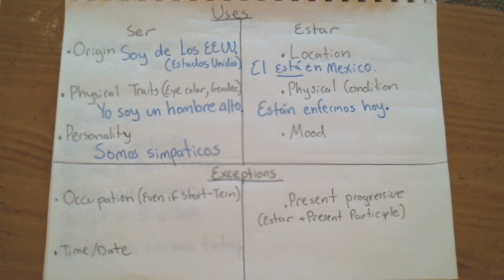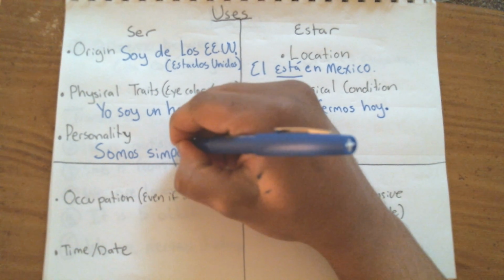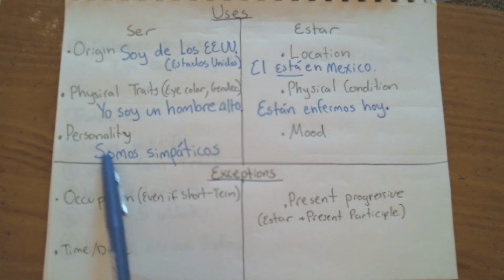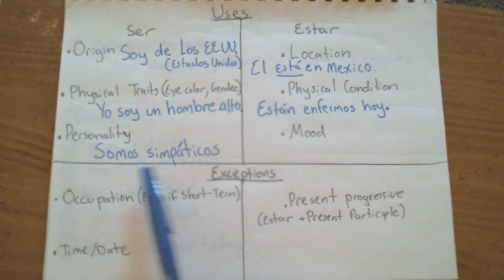Somos simpáticos, okay? And let me not forget my accent mark over the A. Remember, as I taught in my beginner courses, your accent marks are important. Somos simpáticos. Now again, you would make simpático plural because the people that are nice are plural as well. And in Spanish, you always make your descriptor match your person that's being described in number and in gender, okay? And so somos simpáticos. The word simpático means friendly or nice.